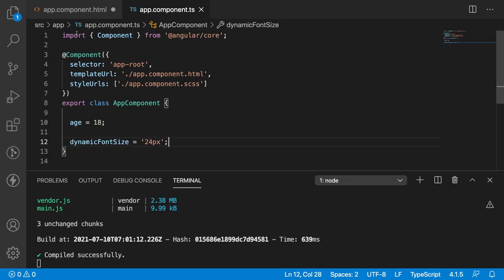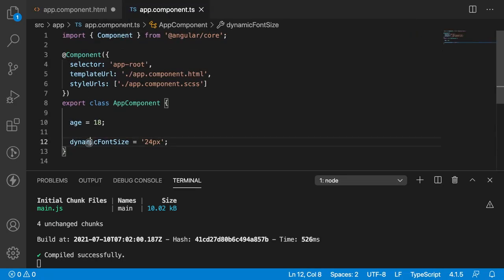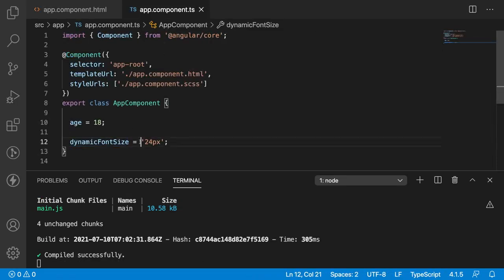So save this, and now go back, dynamic property binding type of ngStyle. So let me give ngStyle now, and I want to pass a property like font-size. This size should be coming dynamically from our TS file. So paste this, save this. Now our font size should be equivalent to this 24 pixel.